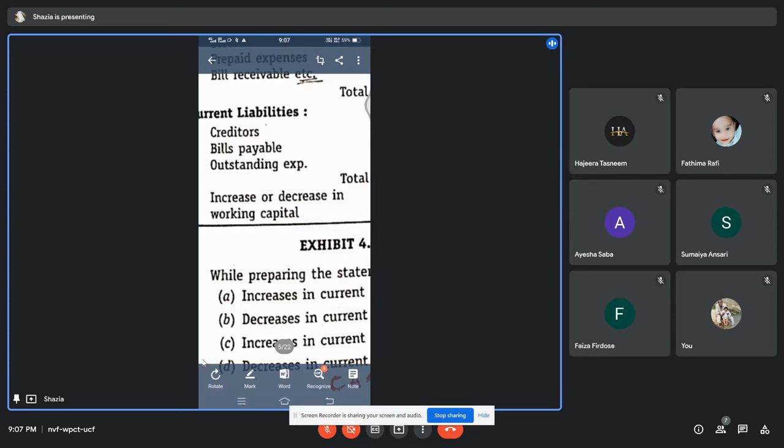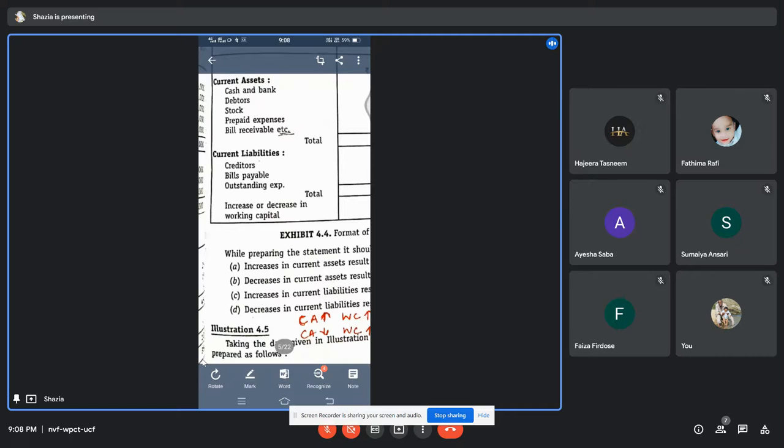That way you're going to do one method, taking provision of taxation, and in the other way, not taking provision of taxation, you're going to do another method. Same method only, but only one item will not be taken. In one method it will be taken, in the second method it will not be taken. Further when you do the problems you will understand clearly, but still you mention and keep it here. Provision for taxation, in bracket you write it as optional.